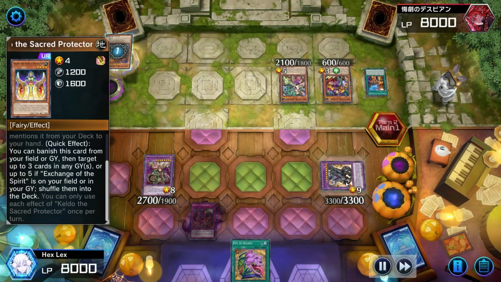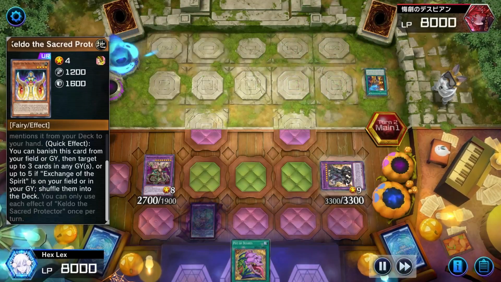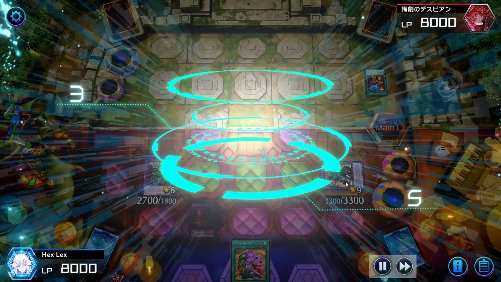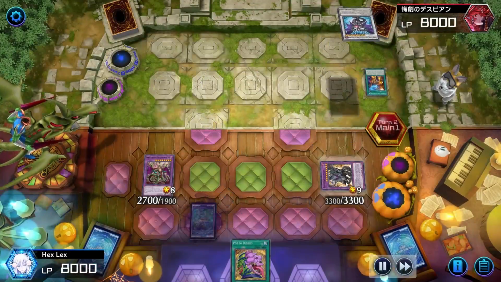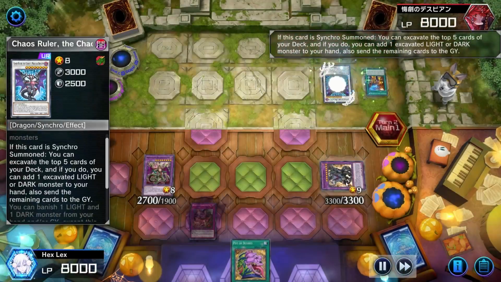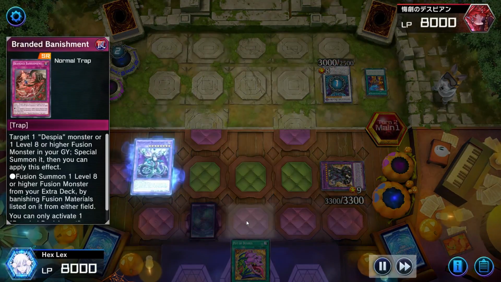Once again, my opponent's got some graveyard effects. I'm just going to use the other Shuffler in my graveyard, the Keldo, to more or less negate those. Then they're going to sync for what I assume is going to be a Chaos Ruler. Yep, it does end up being Chaos Ruler, the Chaotic Magical Dragon. And this can activate, that's fine. I still have my Branded Banishment face down, so...